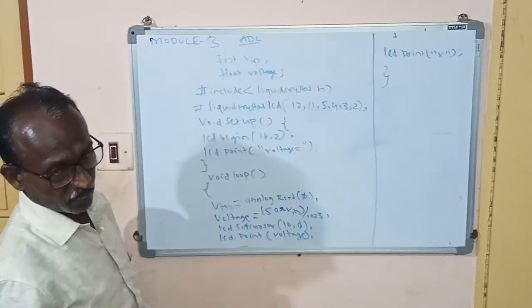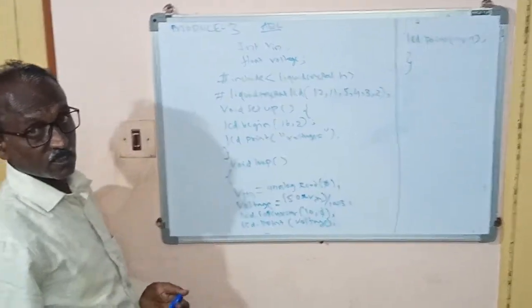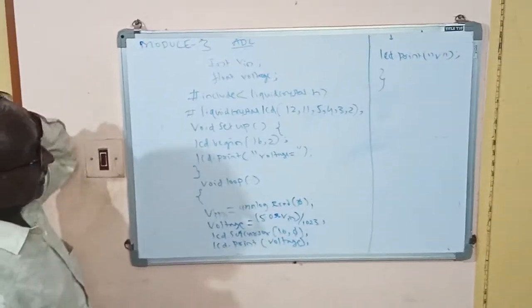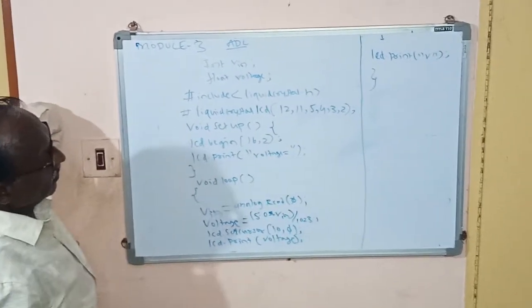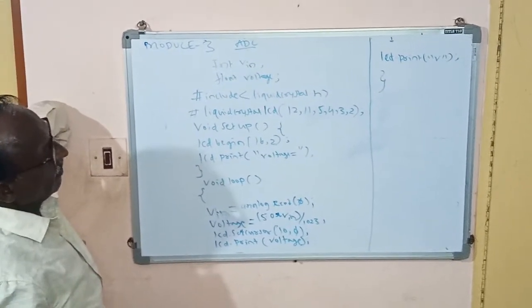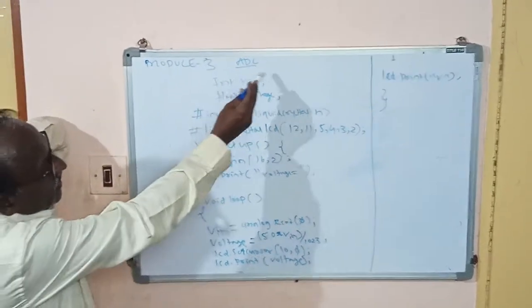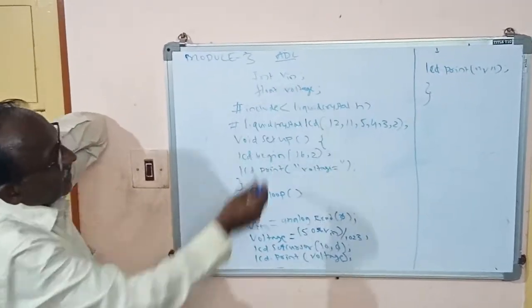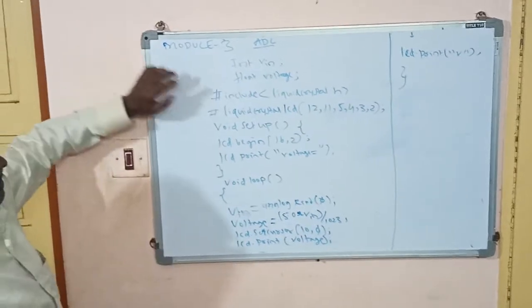So for analog to digital converter, this is the C code. We can write it in any language, but I am selecting this C code, as it is more useful for interfacing of analog to digital converter. So it is in declaration blocks. You are already familiar with C language.